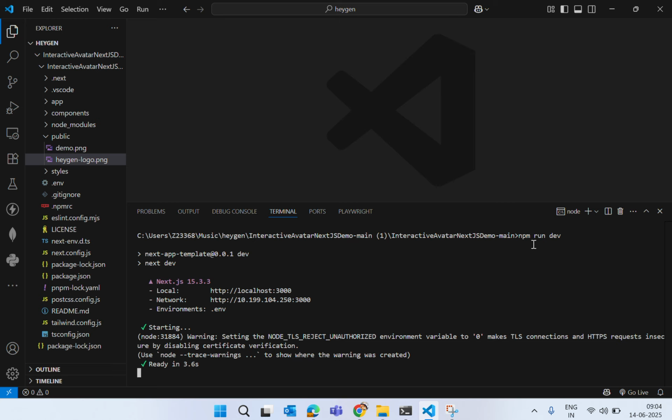You can customize your UI because it is written in Next.js or React.js code, so it is just in the JS or HTML part that you can change your UI. If you want me to change the UI, or implement another AI avatar without HeyGen, I can do that in my other videos, right?